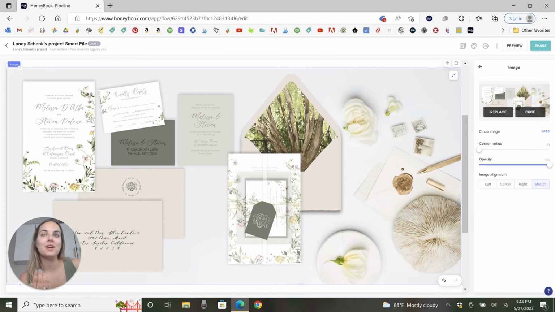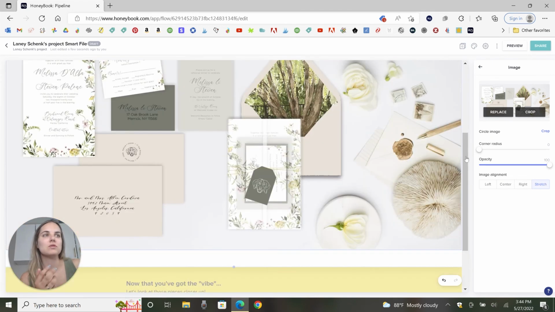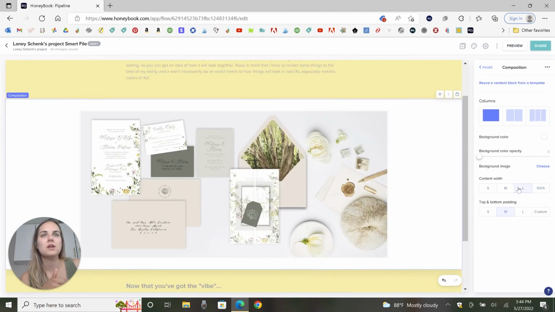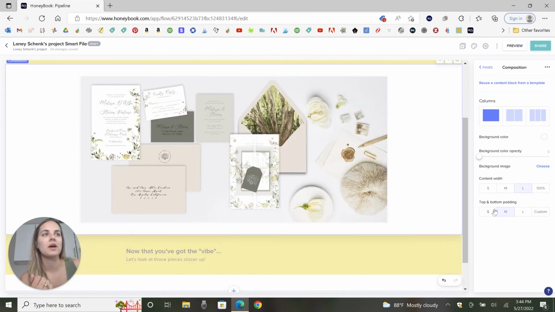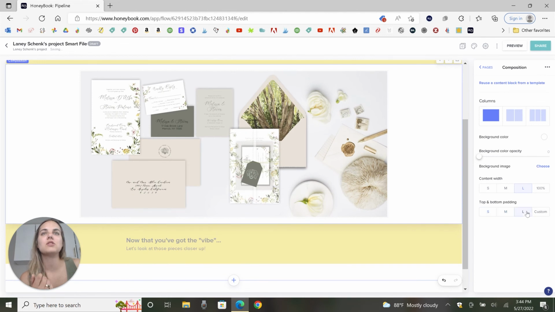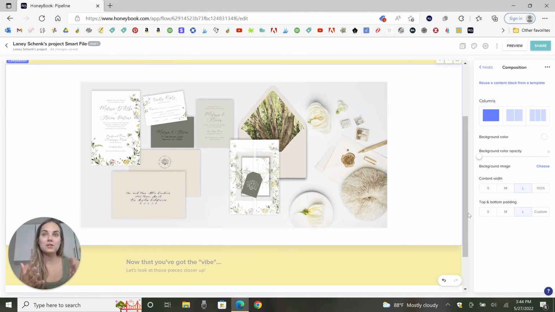And once that's uploaded, it will just go ahead and pop right in, and you can change the size, you can do some cropping, you can do some alignment, all kinds of things that you want to do here. So if you go to the content width, you can shrink it down, bring it back up a little bit, and you can add more or less padding too, which I think is really nice. So I hope you see here how much, just like this is the tip of the iceberg for how much